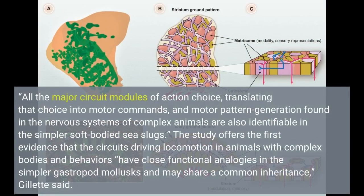All the major circuit modules of action choice, translating that choice into motor commands, and motor pattern generation found in the nervous systems of complex animals are also identifiable in the simpler soft-bodied sea slugs. The study offers the first evidence that the circuits driving locomotion